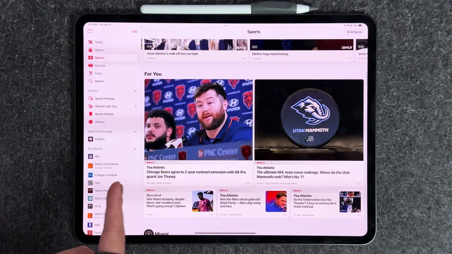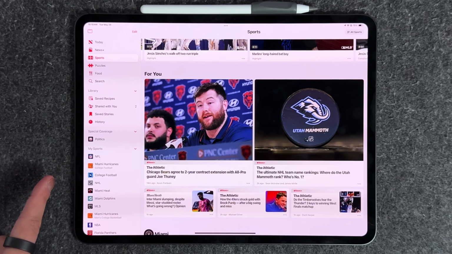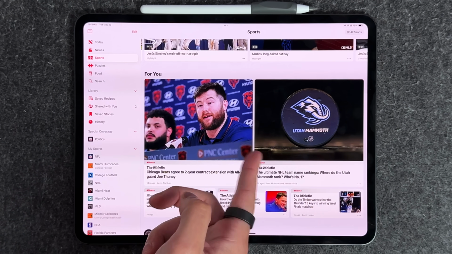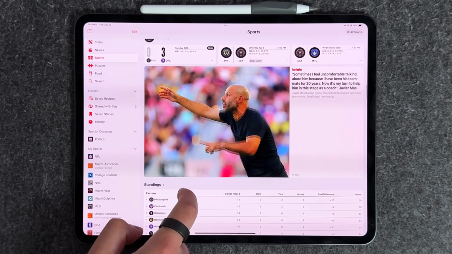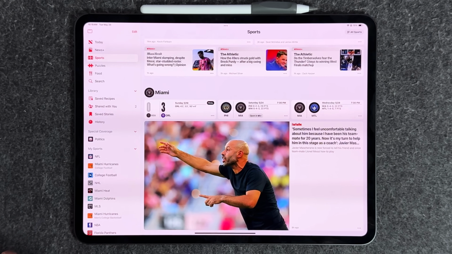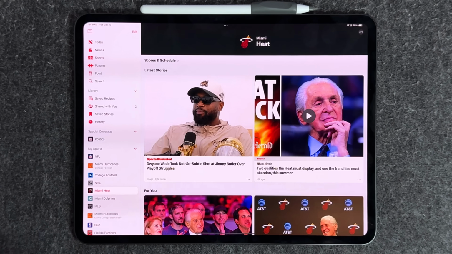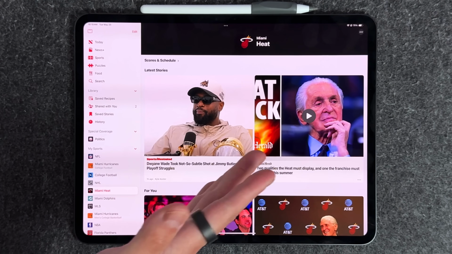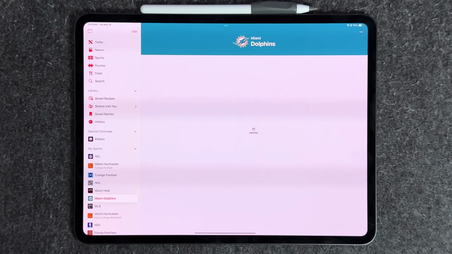or the league. So for instance, I have the NFL saved as a league and the NHL saved as a league, so it shows articles from those. And then lastly, you do have individual stuff when it comes to the actual teams. So for instance, if I click on the Miami Heat down here, it's going to give me articles and publications related to that. So Dwyane Wade is over here, Pat Riley's over here, and same thing goes with the Miami